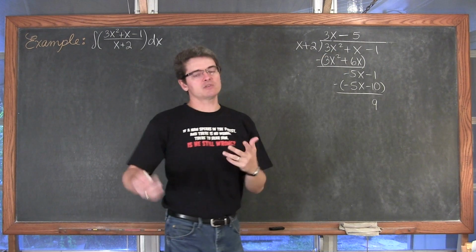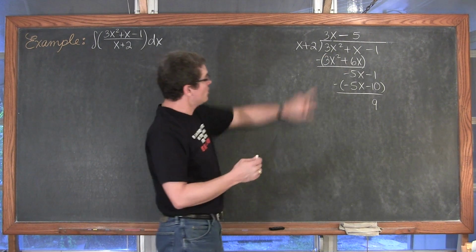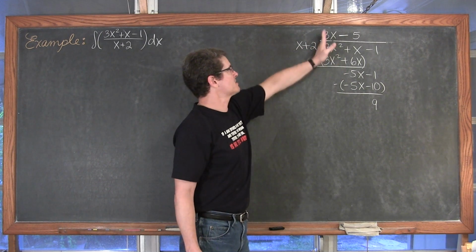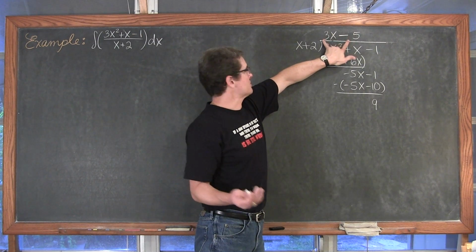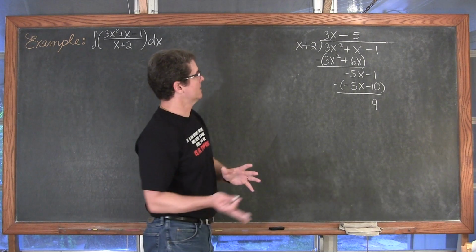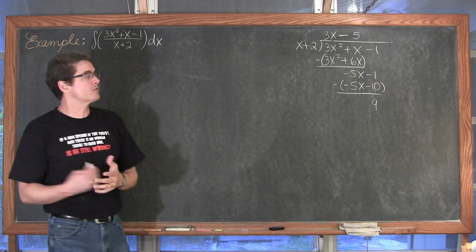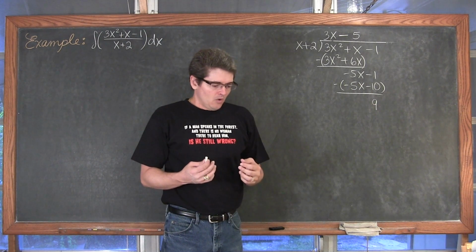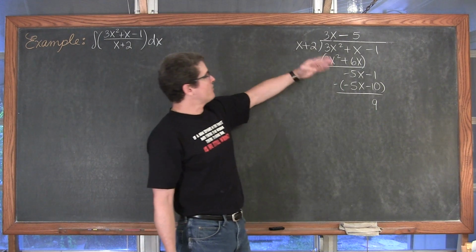I guess probably because of me teaching Algebra 1 and Algebra 2 and trying to remind kids, you are trying to get this first term to match this first term. So I kind of do that weird, because of course this is basically the second degree column. Most teachers and books would have this 3x minus 5 right here to keep all those degrees stacked. But at any rate, 3x squared plus x minus 1 divided by x plus 2 is equal to 3x minus 5. And then we have this remainder of 9. Well, don't forget, of course, you have to take that remainder, in this case a positive 9, and put it over what you're dividing by.